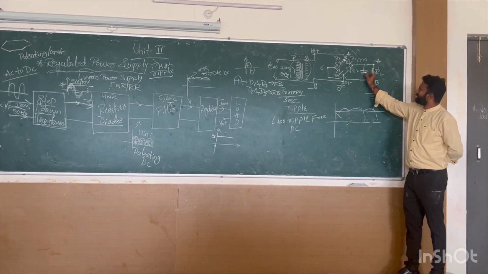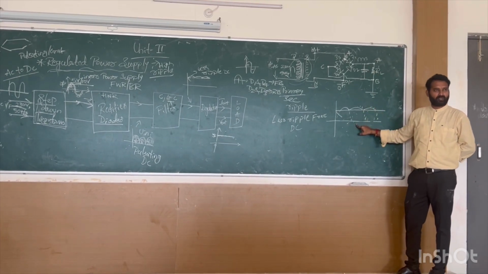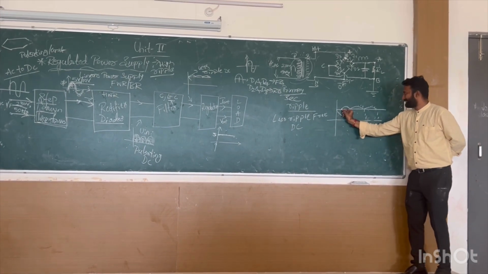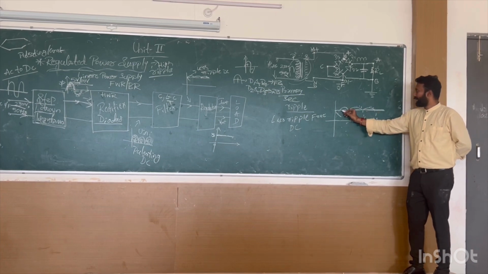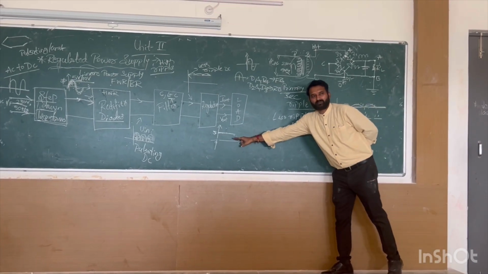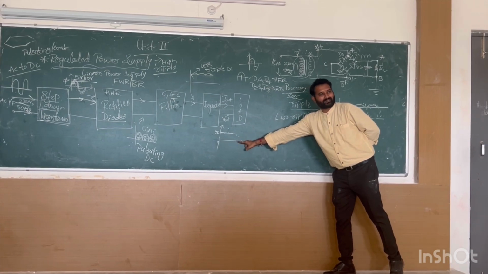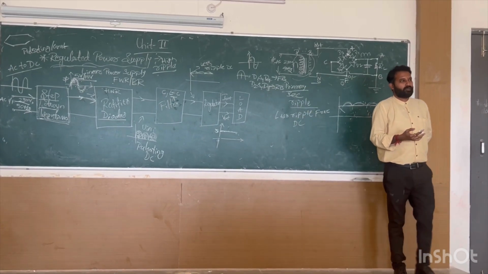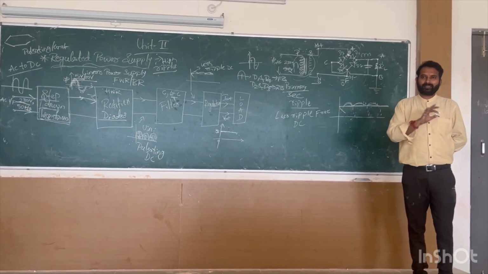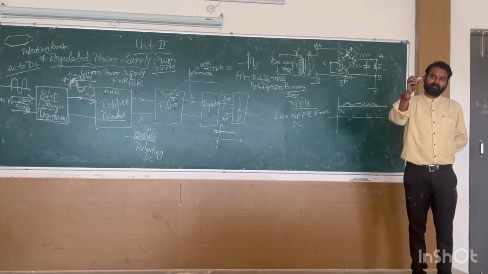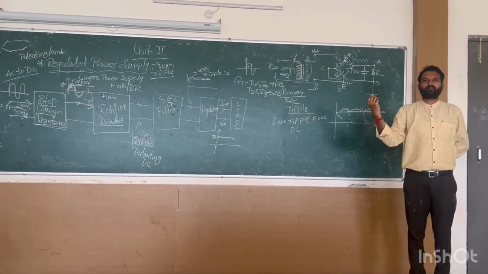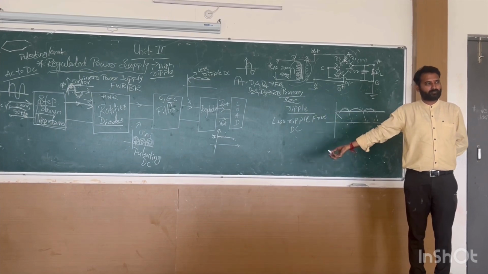If you connect a capacitor, you will get this kind of waveform. Understandable? But what is our task? I want this line. Still I have some AC, less AC. What is my output? A constant DC, which cannot be achieved in real time. You can't get a pure DC in a real time application, in a real time experiment. That is very difficult to achieve.